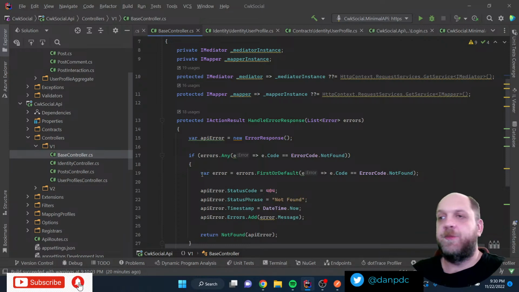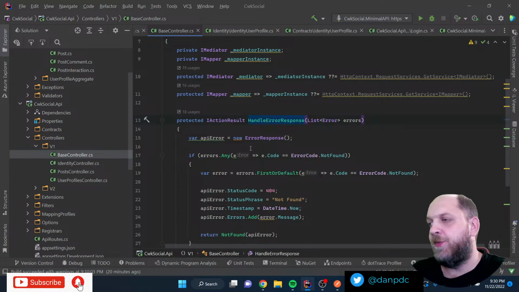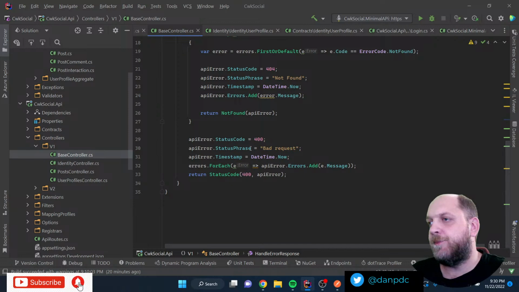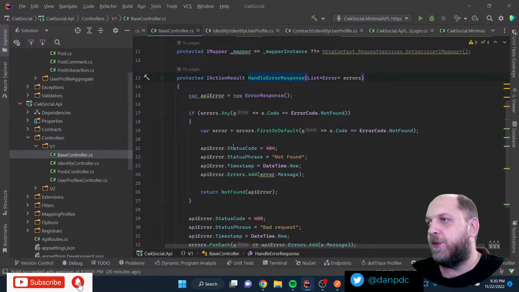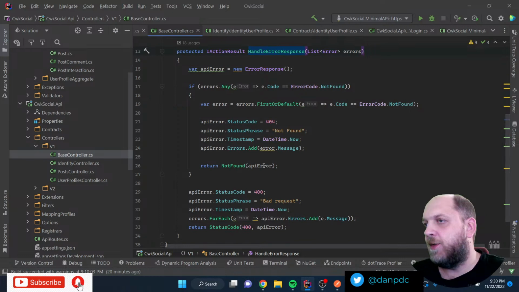Problem is we don't have a controller base here, but maybe we can use this handle error response. By the way, when it comes to error response, that's something we also need to take into consideration, because we return... what do we return actually? Not found API error. Okay, error first or default, error not found.